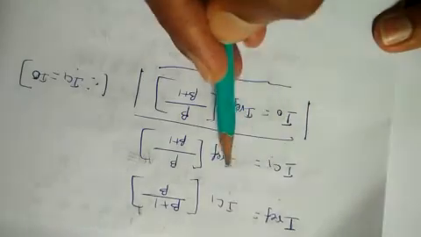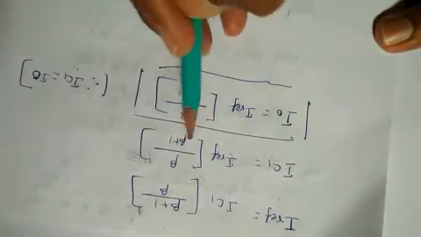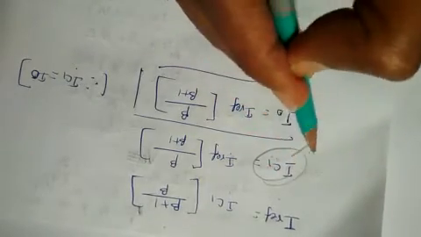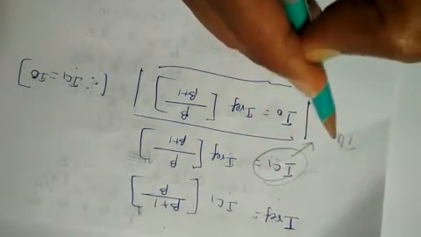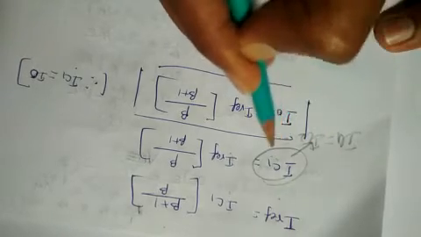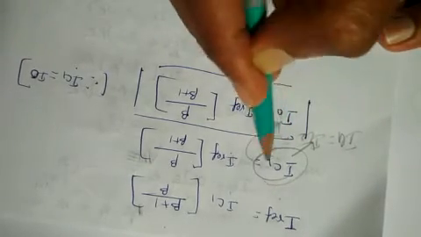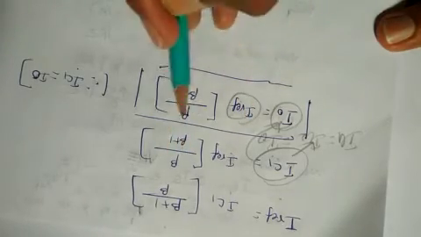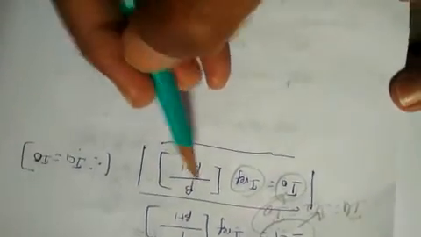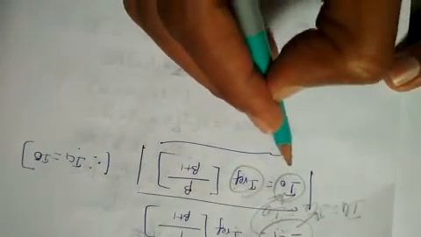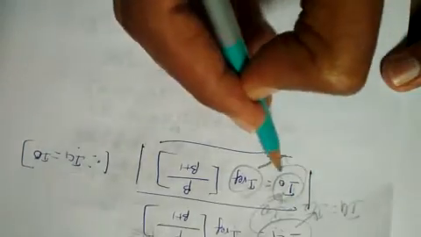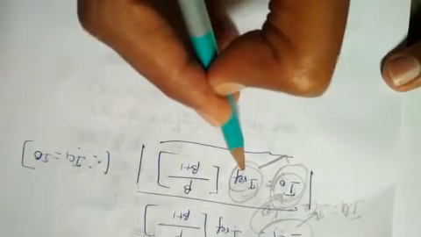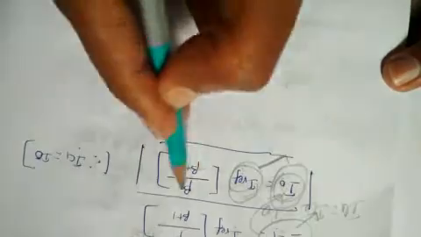I reference equals IC1 into, if you take beta as common, beta plus 1 by beta, and IC1 is equal to I reference into beta divided by beta plus 1. We are using identical transistors, so IC1 will be equal to IC2, that will be equal to I out. So IC1 is taken as I out, which equals I reference into beta divided by beta plus 1. So this is the final result: the mirror arm current or the output current I out is equal to the reference arm current or the input current I reference into beta divided by beta plus 1.